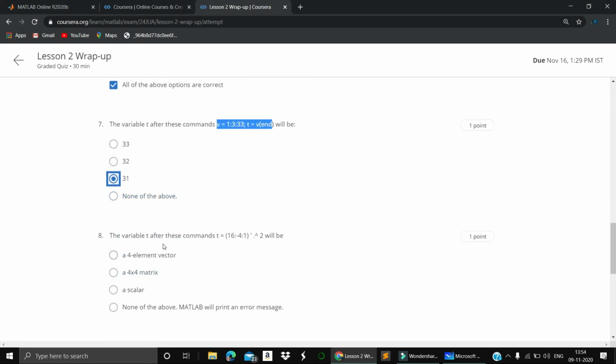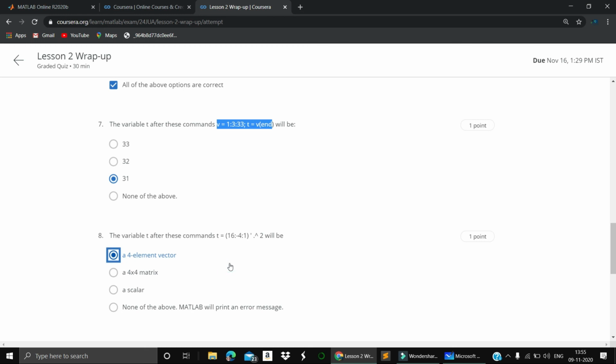Next. The variable t after these commands, t is equal to 16 colon minus 4 colon 1. It means it forms a row matrix of 16, 12, 8, 4, 1. After transposing, it will create a column matrix. Then what will it create? It will create a 5 element vector.